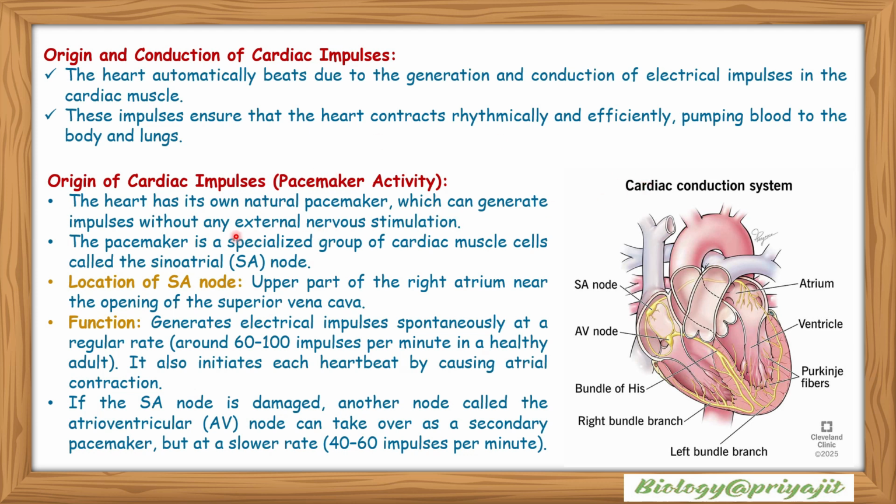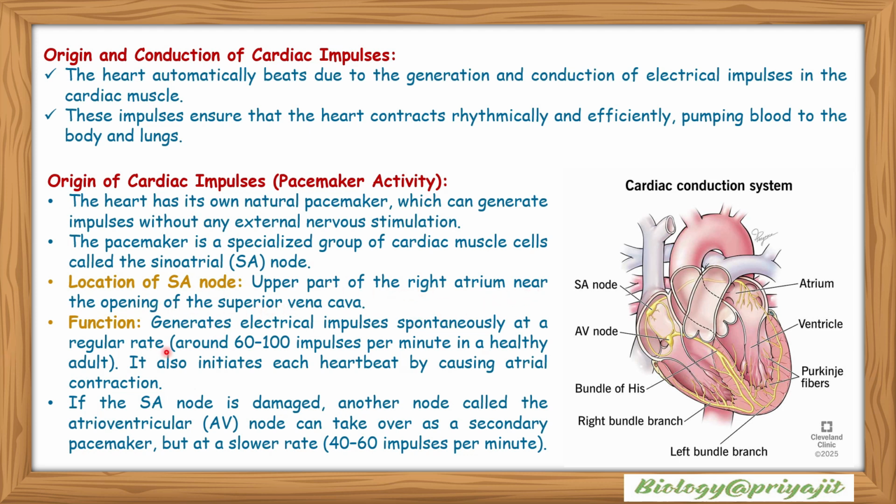The heart has its own natural pacemaker which can generate impulses without any external nervous stimulation. The pacemaker is basically a specialized group of cardiac muscle cells called the sinoatrial or SA node. Location of the SA node: it is located in the upper part of the right atrium near the opening of the